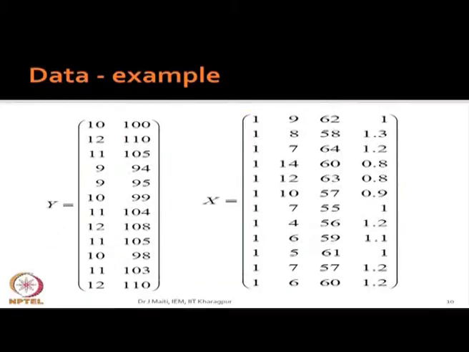And this is the same example we have discussed. We are considering profit and sales, y1 and y2, and absenteeism, breakdown hours, and M ratio. So, this is x, as I told you, for x there will be 1 and these are x1, x2, x3. So, this is 12 cross 1, 2, 3, 4, 12 cross 4, and this one is your 12 cross 2 matrix. So, I will show you the result of this data set. Okay.